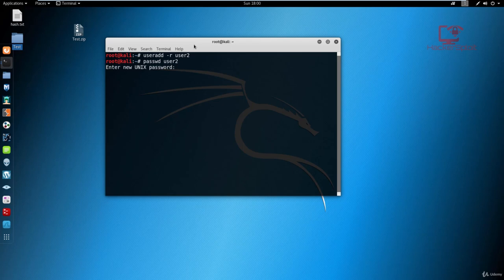So it's going to ask me to enter a new Unix password. So again, I'm just going to enter a really simple password: 1 2 3 4 5 6 7. Let's make it a bit complex. So 1 2 3 4 5 6 7, and I'm going to hit enter, and there we are, password updated successfully. So to crack the